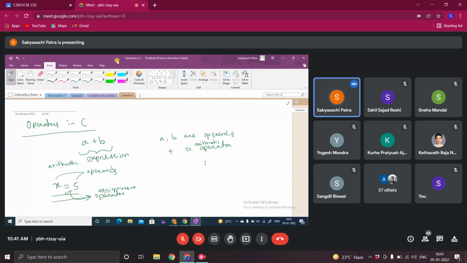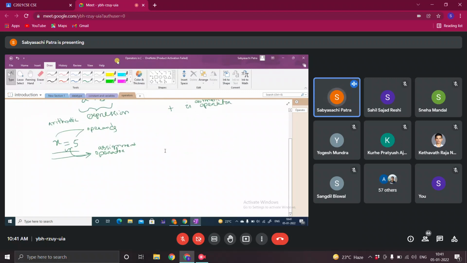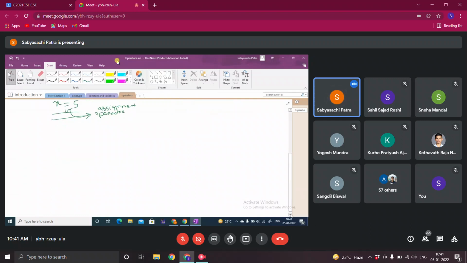Some operators can consider only one operand, some may consider two operands, some may consider more than two, three operands. So there are various types of operators. First we'll discuss the types of operators, then depending on the number of operands also we can classify the operators.